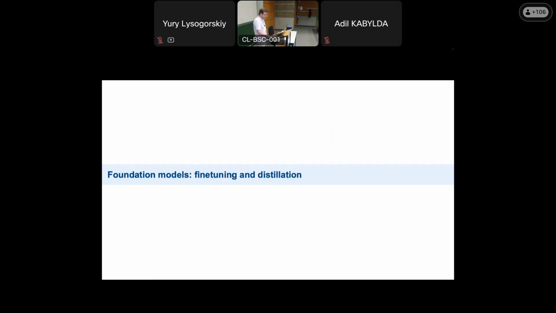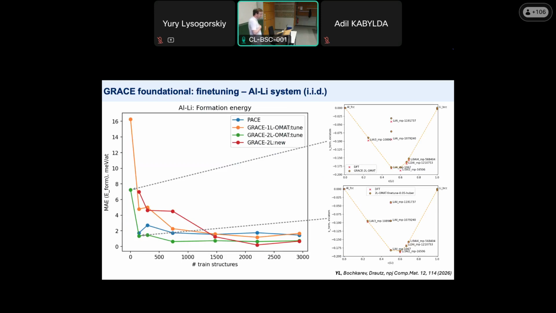All right, so having the foundational models on the one hand, which you can take and use out of the box, and which have quite moderate quality, and second, having this uncertainty indication mechanism, together give you a useful combination which you can use in your typical simulations. But sometimes you want even more accuracy on your system of interest. For that, we may consider two strategies, called fine-tuning and distillation of these models, if you want to move further. So the first example is fine-tuning of this GRACE foundation model.